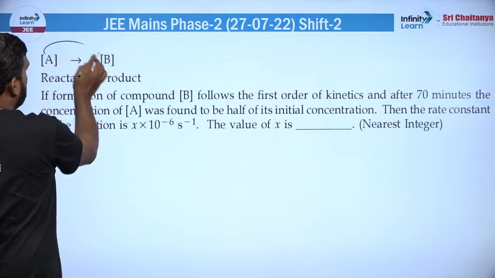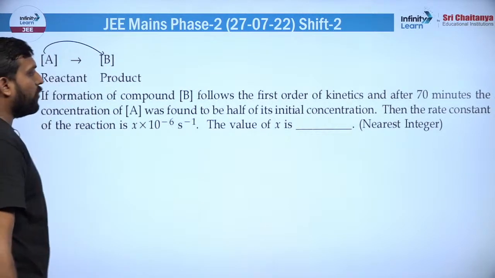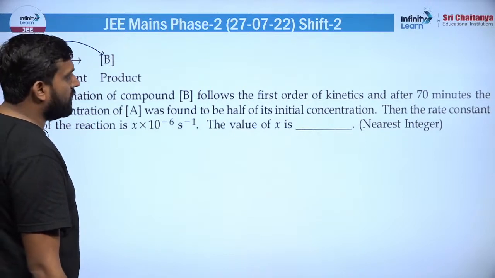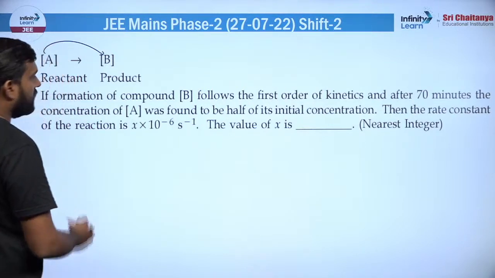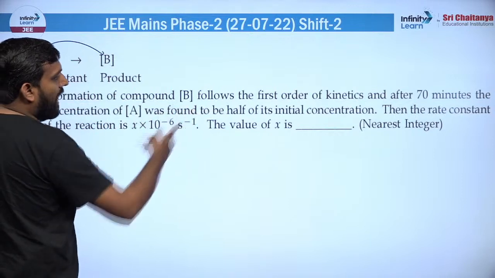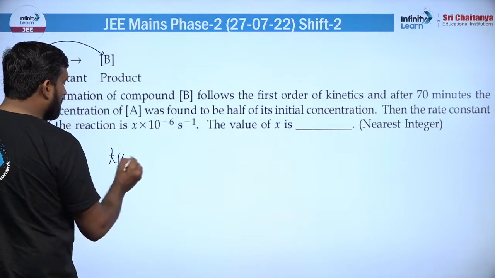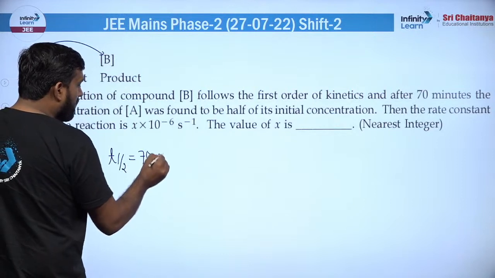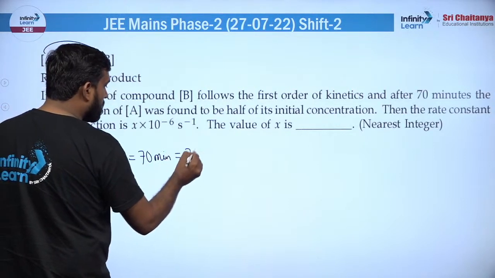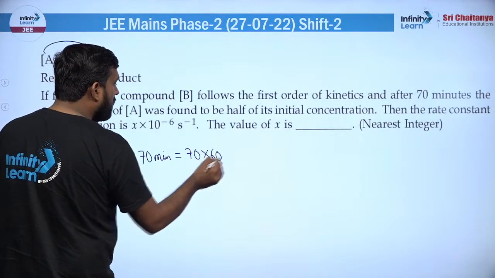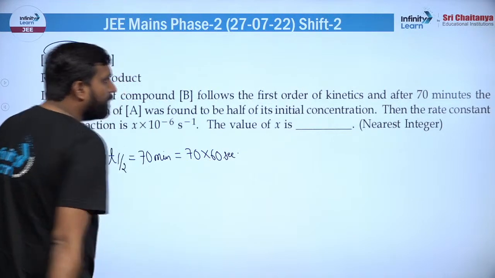अब यहां पर एक क्वेश्चन है, A से B जा रहा है, फॉर्मेशन ऑफ द कंपाउंड B फॉलोज द फर्स्ट ऑर्डर काइनेटिक्स, ठीक है। आफ्टर 70 मिनट द कंसंट्रेशन ऑफ A वाज फाउंड टू बी हाफ ऑफ इट्स इनिशियल कंसंट्रेशन, यानी कि t half हमें क्वेश्चन में गिवन है, दैट इज 70 मिनट, ठीक है। अब 70 मिनट है तो हम इसको सेकंड में कन्वर्ट कर सकते हैं, तो ये 70 इंटू 60 हो जाएगा, दिस मच सेकंड हो जाएगा, ठीक है।